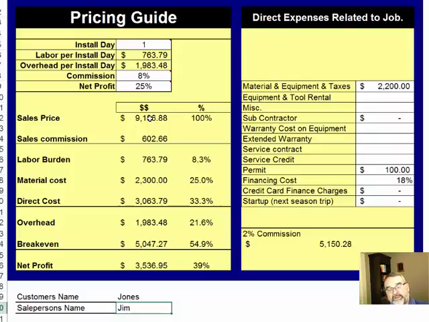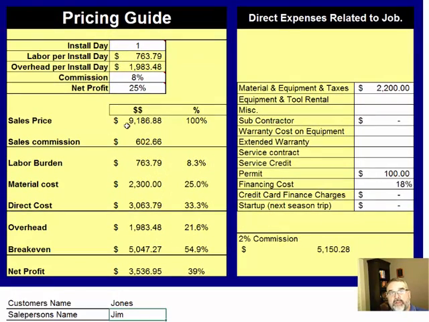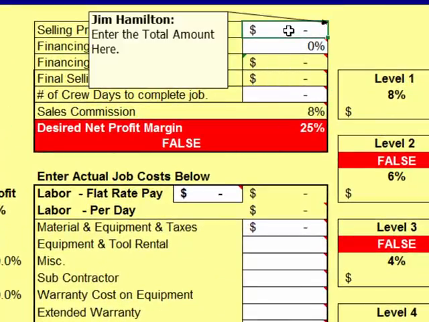So when that job comes back from your installer, you're going to go to the job costing because you want to job cost it the very next day. So come over here. I forgot what the number was already. So 9186.88 would be on this form. So I put in 9186.88